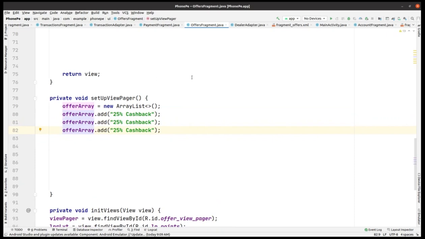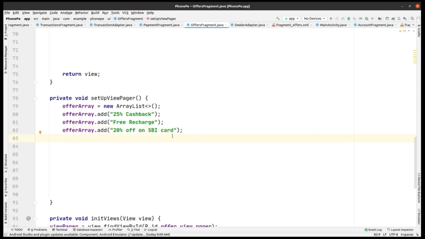So again we have to first of all make copies of this and then do it like that. Adding these to the offerArray, and here you can also add the statement of your own choice. Yeah, and now what I'm going to do is add one more thing. You can add up to 5, 6, 10, whatever you want, you can add it right here. Yeah, so again like this,